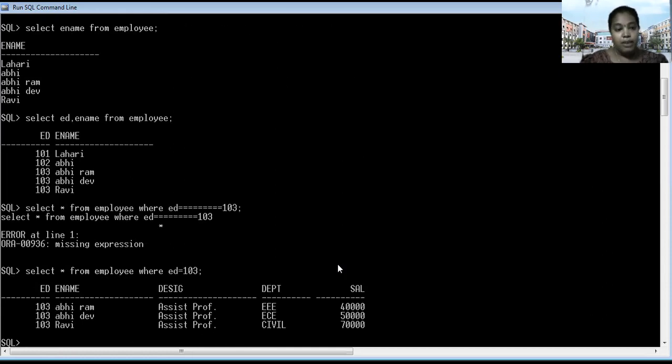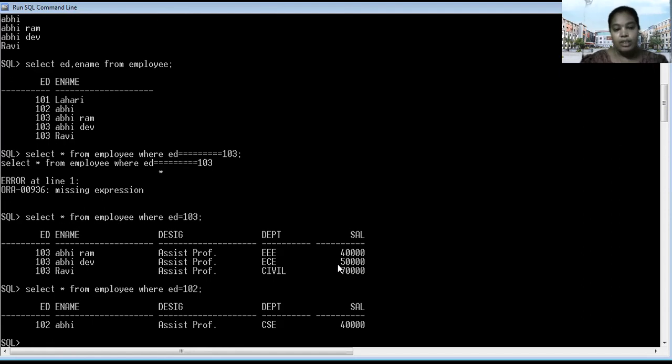So next, employee ID 103. Or otherwise you can see here like this, 102 employee. If you want to update the employee ID for Abhidev and Ravi, because only one ID should be allocated to one person, and it is not suitable for all persons to have the same ID.